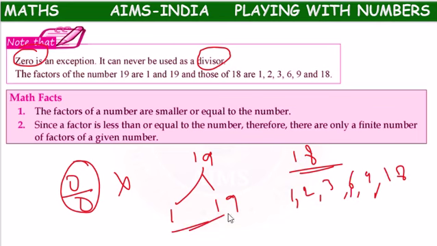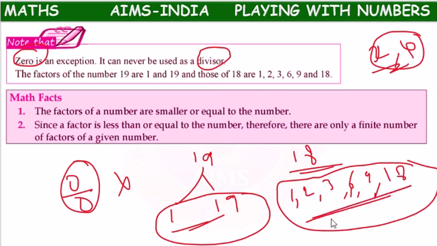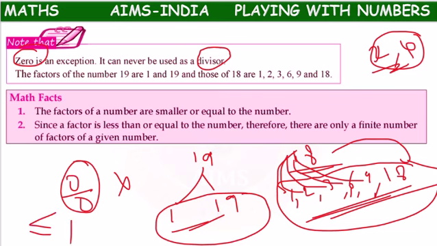So one number can have only two factors, and another can have many factors. There is no compulsory rule that all of them should have two factors or four factors. It depends on the number. But if you observe the nature of factors, 1 is less than 18, 2 is less than 18, 3, 6, and 9 are less than 18, but 18 is equal to 18. Means all factors are less than or equal to 18.